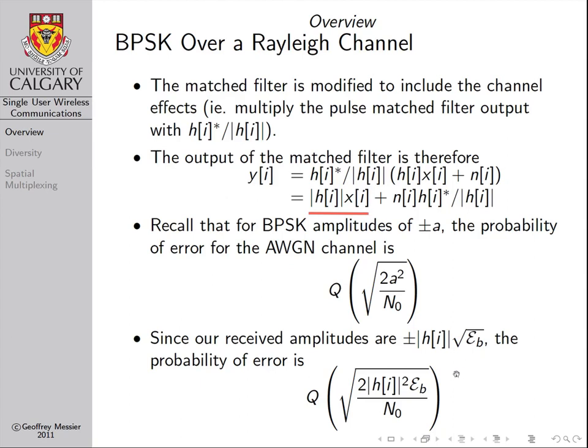And so our received signal amplitudes are equal to plus or minus root EB, just like they were before, scaled by the magnitude of h. And so if we just take these amplitudes and substitute them into the probability of error for BPSK, we then get